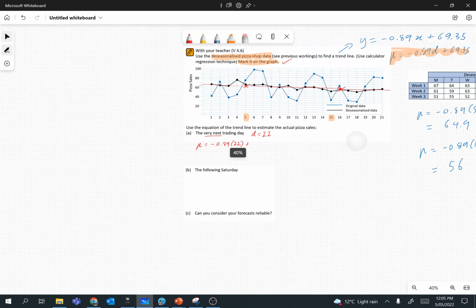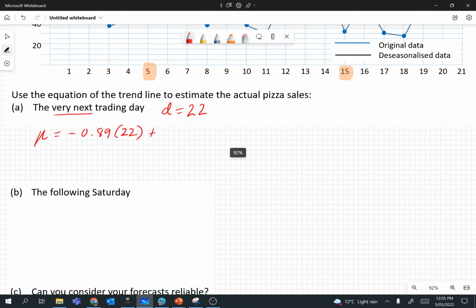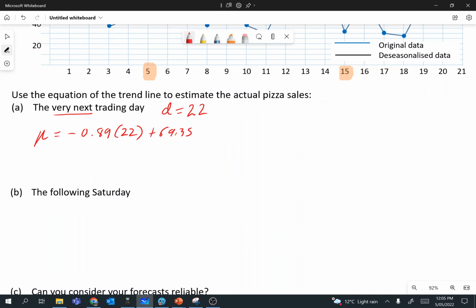Plus 69.35. So basically just substituting into the equation. And it's all about interpreting what that number is for the very next trading day. Well, we know we're up to day 21 after 3 weeks, so the very next day will be day number 22. Okay, so you might want to pause and see if you can match the answer that I'm about to get, so I'll give you an opportunity to do that. Okay, I'm going to write the answer down now. So I'm getting